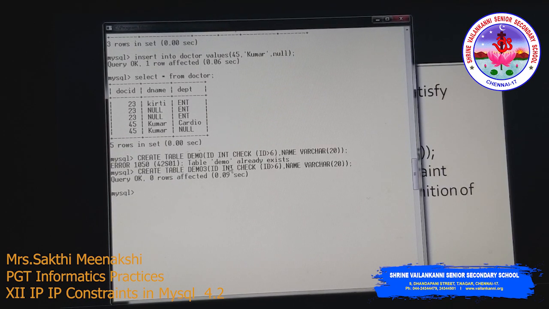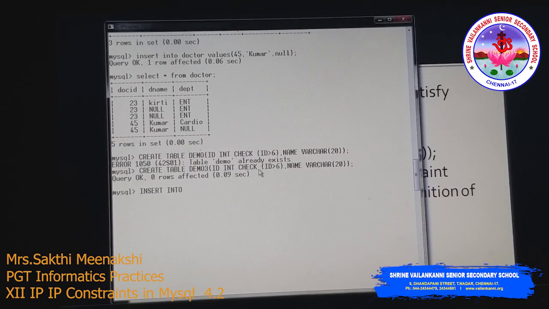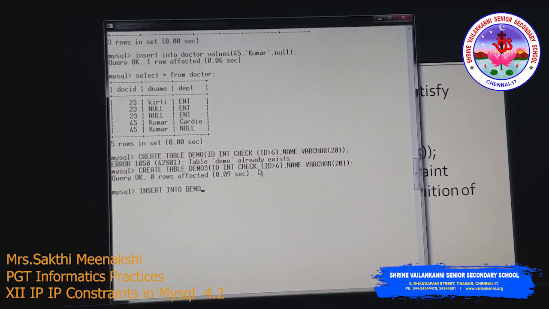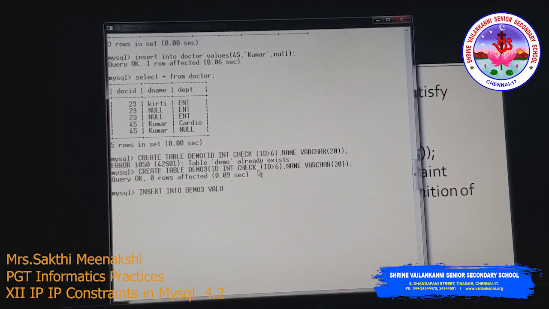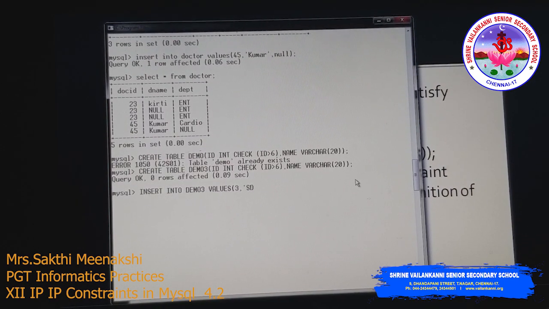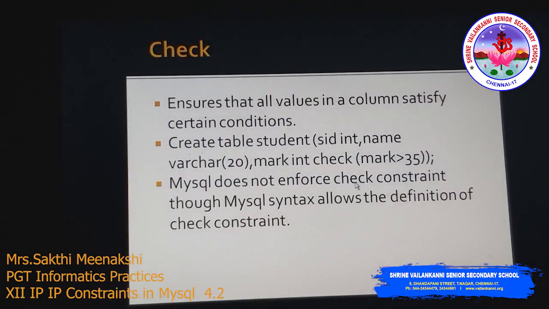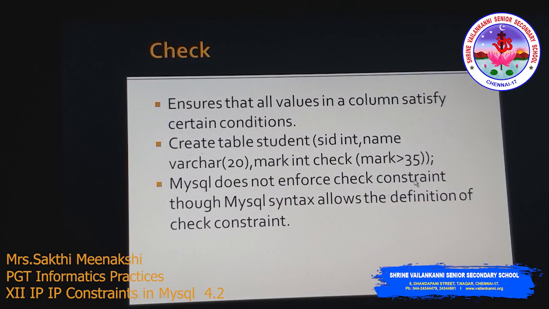It won't give any error, but it will not check the condition. So if you insert values into demo3, the condition is greater than 6. If I give 3, it accepts. MySQL does not enforce the check constraint. Though the MySQL syntax allows the definition of the check constraint, it will not give any error, but it does not enforce the condition.